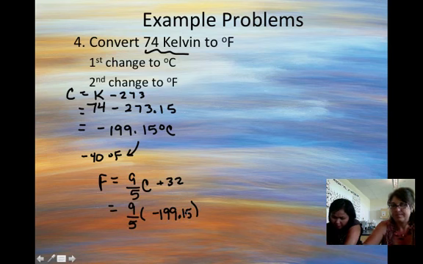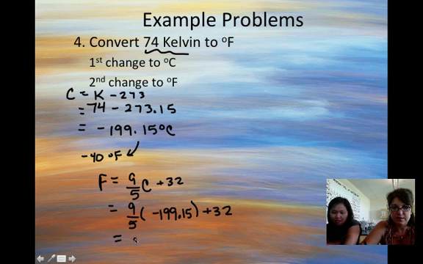Okay, so times negative 199.15. Then hit enter and divide that answer by 5. Good, hit enter. And then add 32 to that. Plus 32. Yes. That's negative